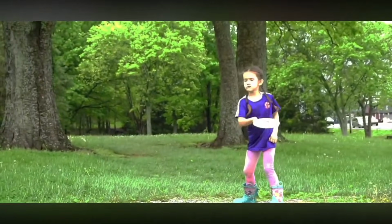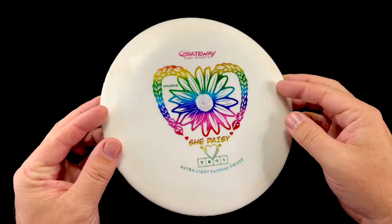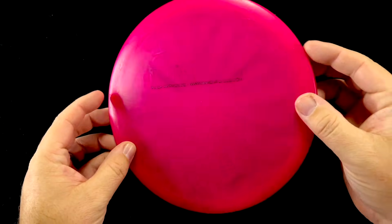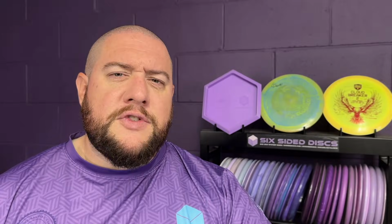Anyways, we arrive now at the 3 discs that Sophie did get to throw, and we'll see how the 4 of us handle the light and heavy versions of the Gateway Saber, the Innova Rock, and the Innova Aviar in just a sec. But first, a quick reminder